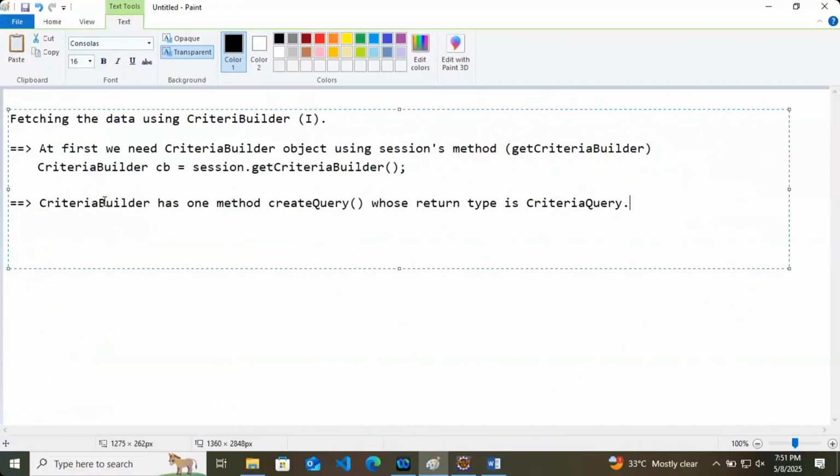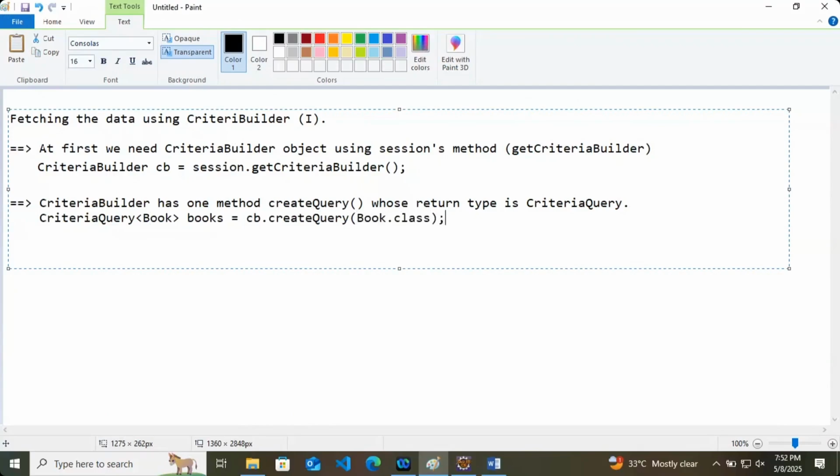So we have written that, and here the code we will write: criteria query of type books is equals to cb dot create query book dot class.